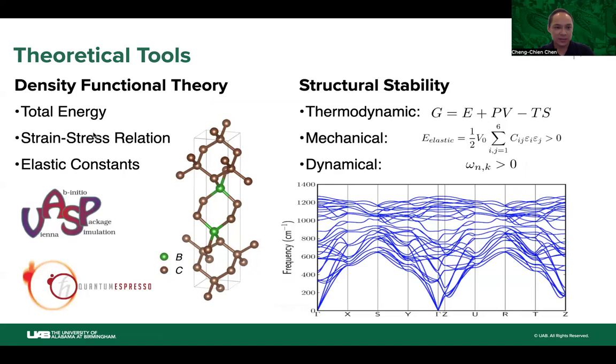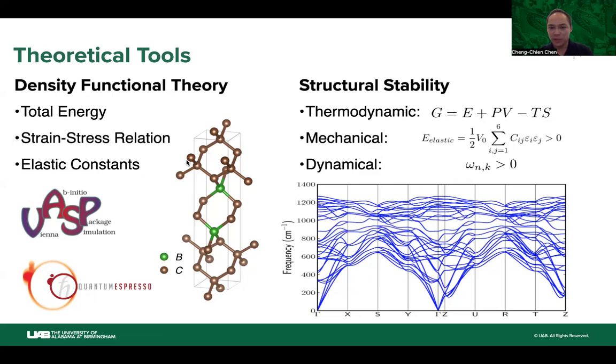Okay, so for density functional theory, DFT, what we need is an input crystal structure that's close to the experimental structure. Once we have the structural information, we proceed to solve a set of single-particle Schrödinger equations in a self-consistent way. After we obtain the solution, we can obtain the total energy or stress relations, and thereby also the elastic constants. For the calculations I'll be showing, we are using the plane-wave pseudopotential DFT codes based on the popular VASP and Quantum ESPRESSO software.